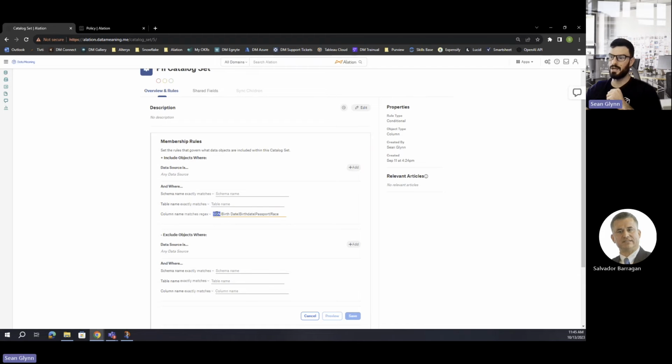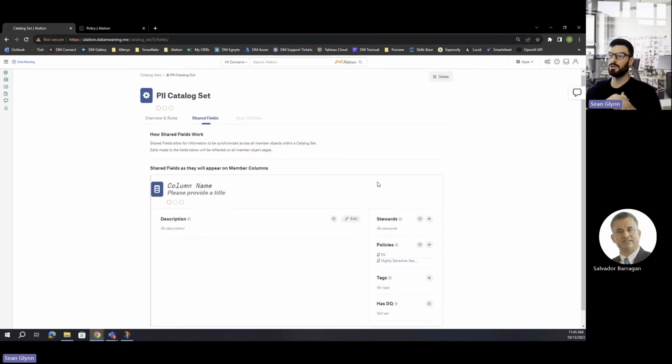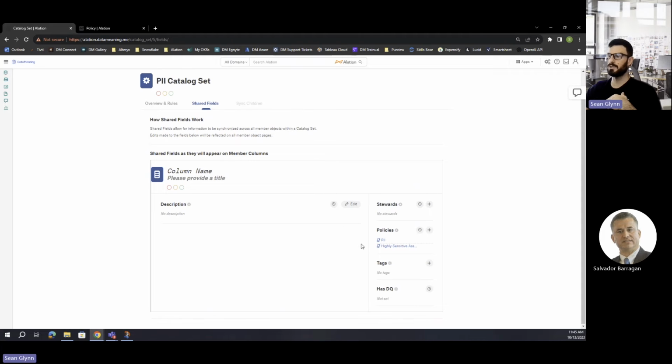So you can see anytime there's a table that contains social security numbers, SSN, birth dates, passport, anything regarding ethnicity or race, right? I only have a handful in here, but you can obviously keep this list going. First of all, I can say, go find any columns that have these column headers. Once you've found those, on the second tab here, we tell Alation what to apply. In this case, anything that contains those column headers, I want you to actually apply